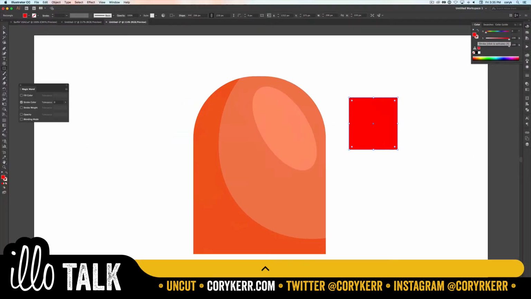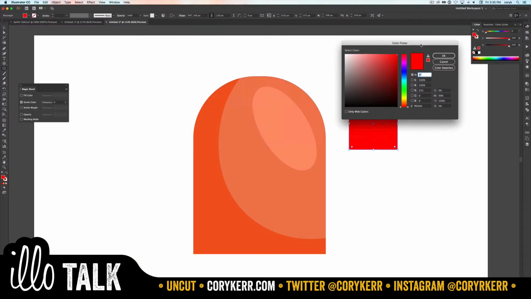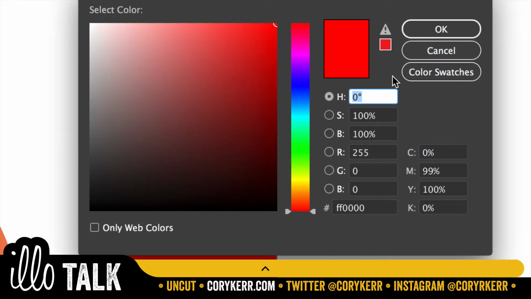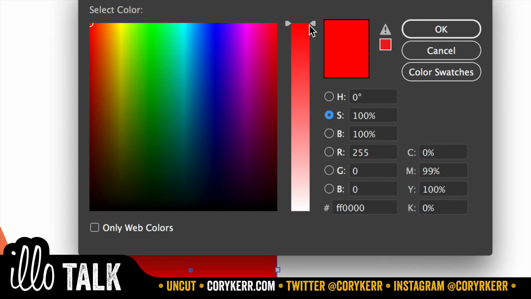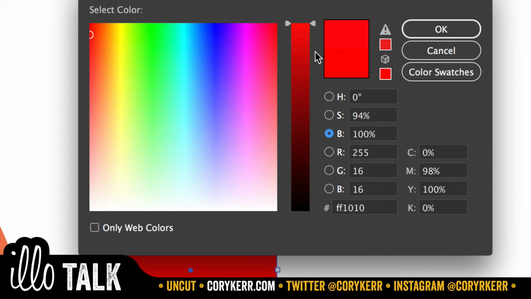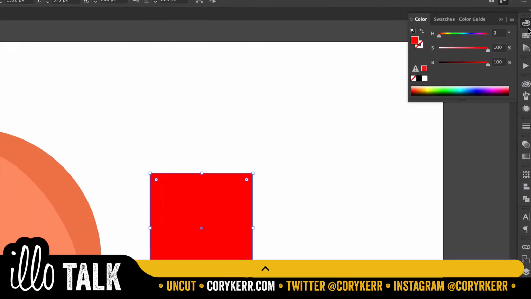Yeah, and different things work for different people. But you can also come in and just go here. So here's your hue slider, and then the further to the left you go, the less pigment you have, and the further down you go, the more black you have. The further up you go, the less black you have, and the further to the right you go, the more pigment you have. And you have HSB here, and so you can mix saturation, you can mix brightness. I've never used those options. That's funny. And so HSB here or HSB in the color panel